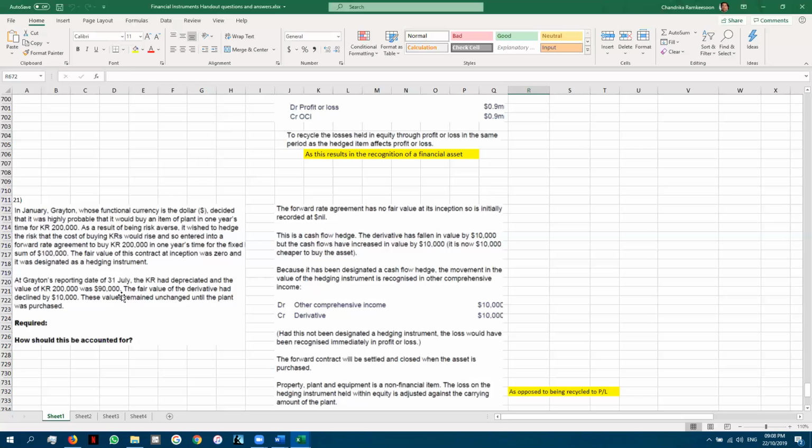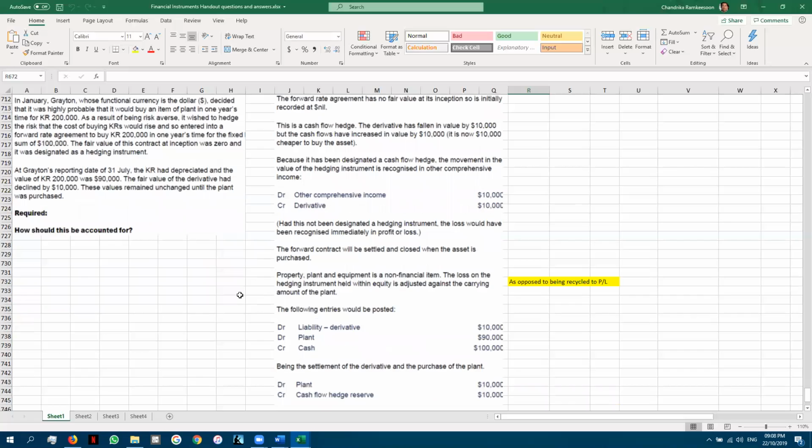This is a cash flow hedge. The derivative has fallen in value by 10,000, but the cash flows have increased in value by 10,000 because it is now 10,000 cheaper to buy the asset. Because it has been designated a cash flow hedge, the movement in the value of the hedging instrument is recognized in OCI, debit OCI credit derivative 10. Remember, there was a loss, so to speak, on the derivative because there was a gain in the movement on